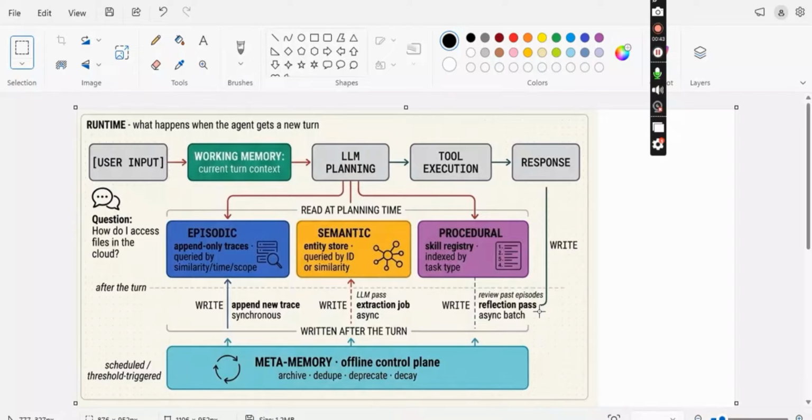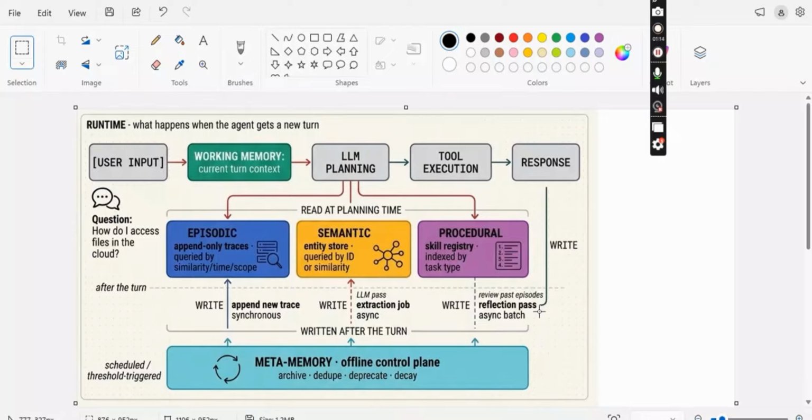So when one user input comes in, there are different types of memories: working memory, episodic, semantic, procedural, and meta memory. So there are 5 layers of memory present here, and each memory layer has a different epistemic character. That means each one sits differently in the taxonomy, ontology, and knowledge graph hierarchy. So let me walk through this systematically. First,